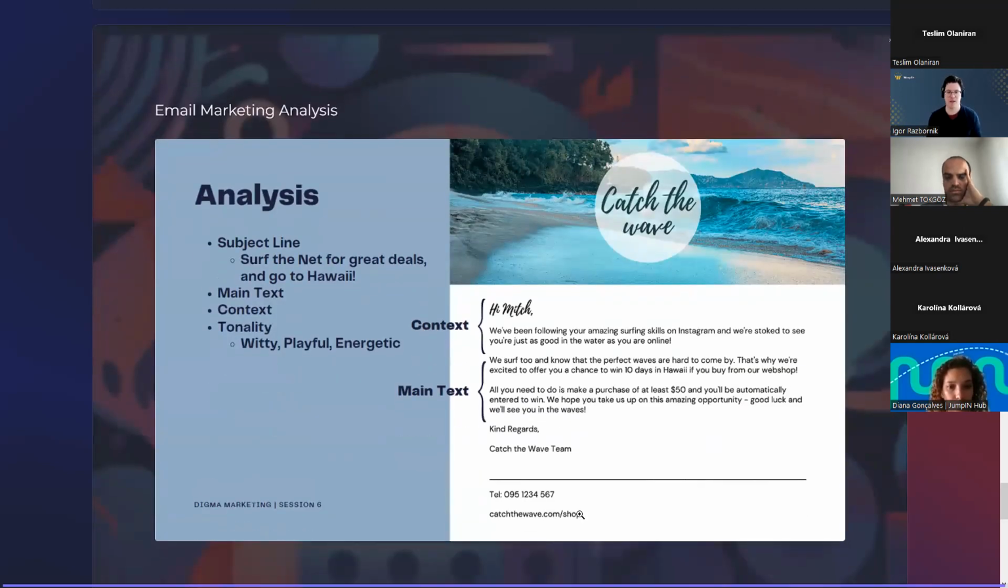So let's go into more of the analysis. You need to have a good subject line. I didn't provide one here, but I'll show you in the next example. But it can go something like that. Surf the net for great deals and go to Hawaii. That's a good subject line. It's still a bit more salesperson type line, but it might be good enough for people to get interested because you want more